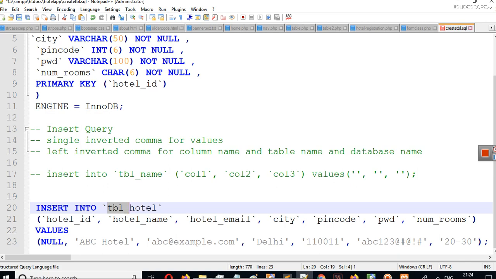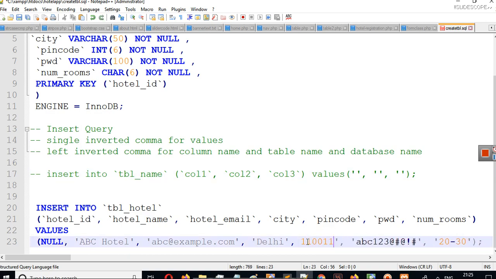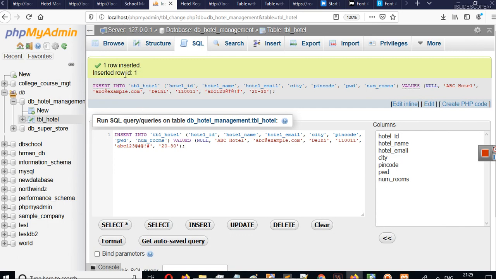Again, it's up to you what type of convention you want to use. I will also share some common type of conventions that are there so that you can synchronize with the industry standards. For now, I am just giving you some basic instructions here. So you can see insert into TBL, then we have values, and for every respective column we have respective values. Again, for pin code we can write it like this also, but if you write it like a string also, there will be no problem, because the data here is actually integer, and that's why one row is inserted here.